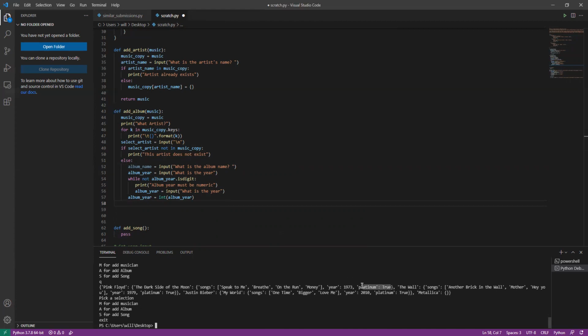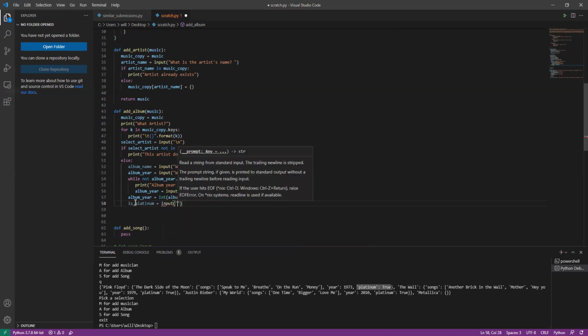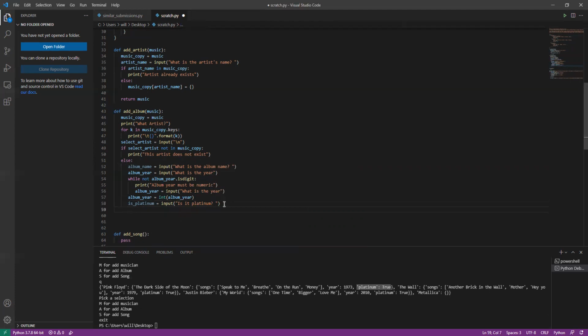And next thing is it platinum, true or false? So let's ask them, is platinum equals input? Is it platinum? So now I'm going to say if is platinum at lower in Y or yes, then is platinum equals true. I'm just going to basically wipe over what I already got. Otherwise,